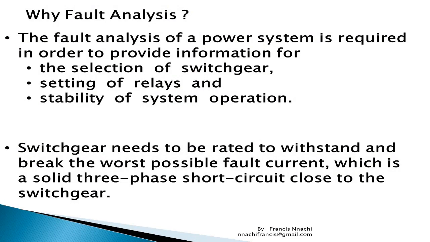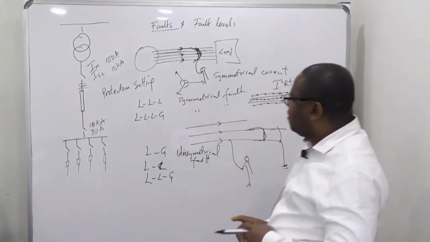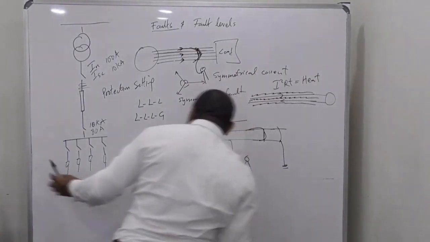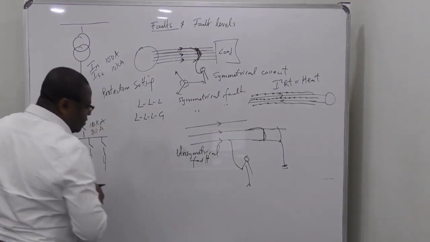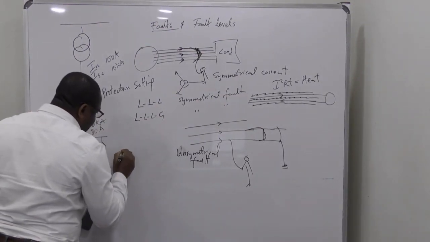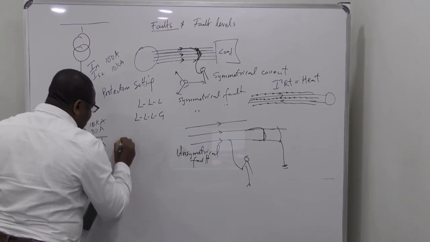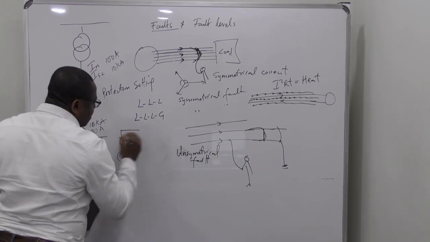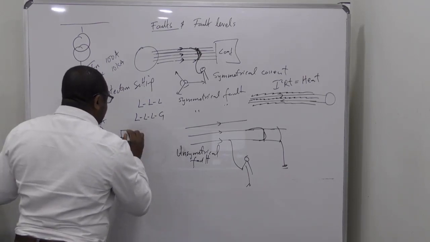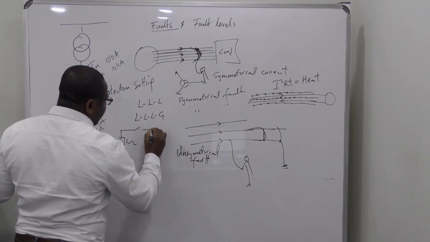So our switchgear needs to withstand and break the worst possible fault current. The worst possible fault current is a solid three-phase short circuit close to the switchgear. Now, what do I mean by possible fault current? Look at this. Let's say I have this source, I have an impedance of 1 ohm, and then I have this breaker, and I have my cable,